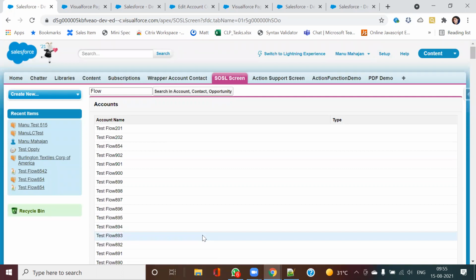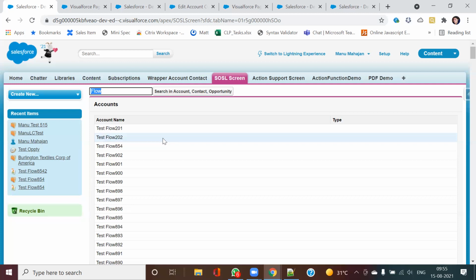So what I did is I created a custom controller. Inside that, first thing I did, I passed this input field. So once I click on this button, this text is being passed. After that, when the SOSL query is run, it is getting the data from different objects: from accounts, from contacts, from opportunities. In case there is no record, then an error message will come.